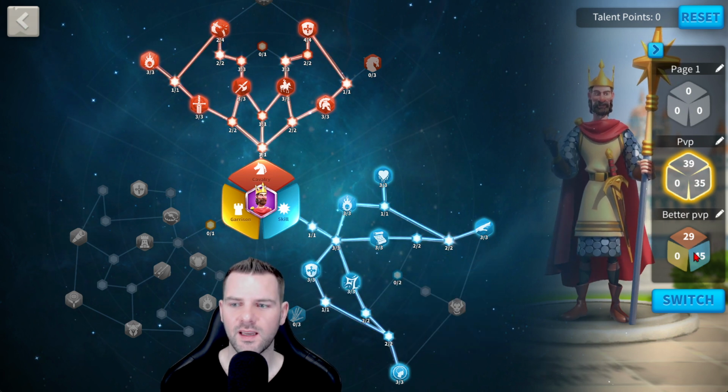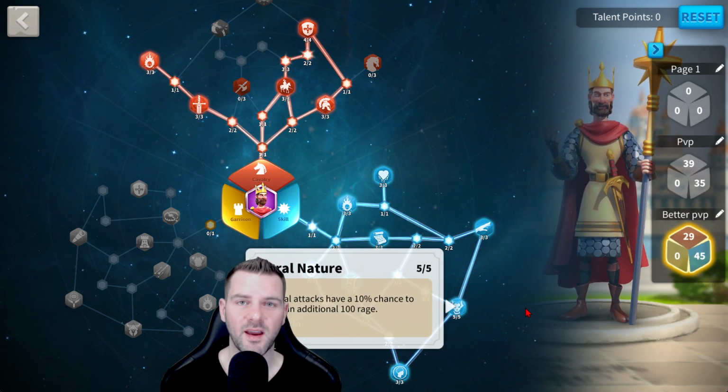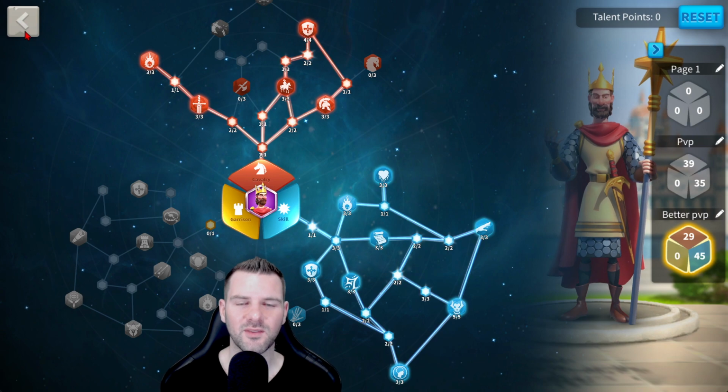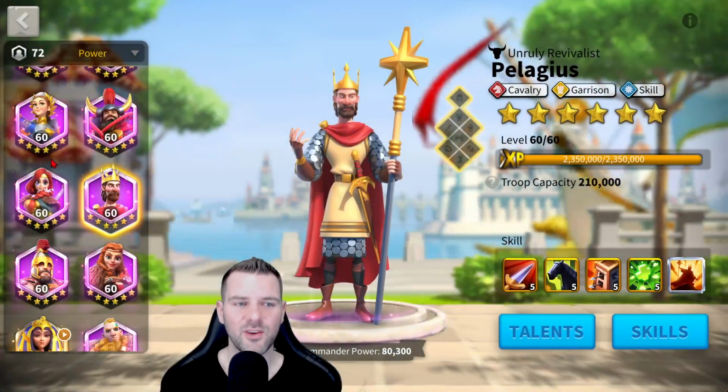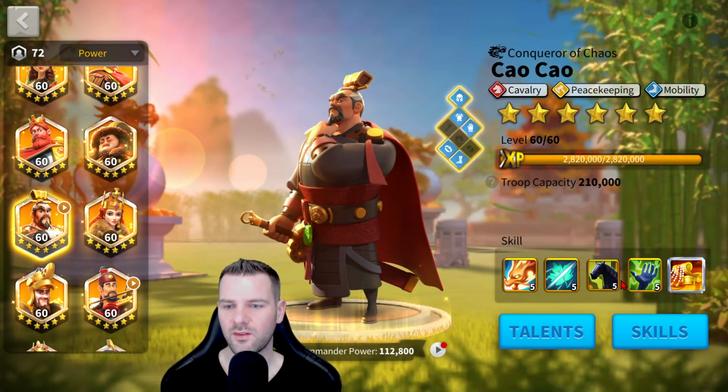There's the talent tree. I don't suggest going for this anymore. I would just go for this. You could do this, and you know what? It might really work well. But I think with the rage cap and how much rage he's already getting, especially from his skill, and if you're using Double C as well, he's going to give you a bunch of rage from...